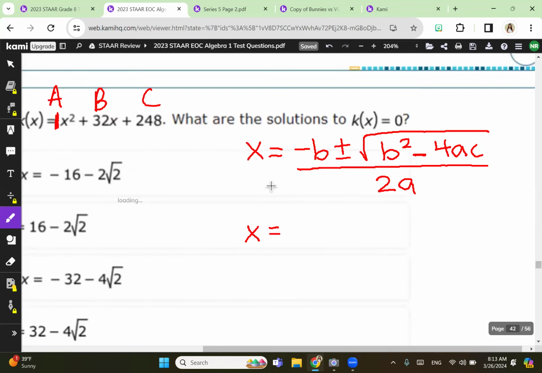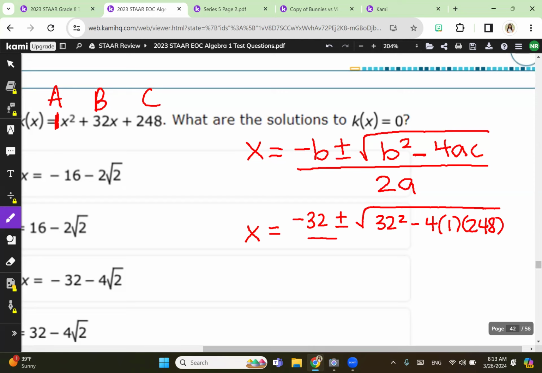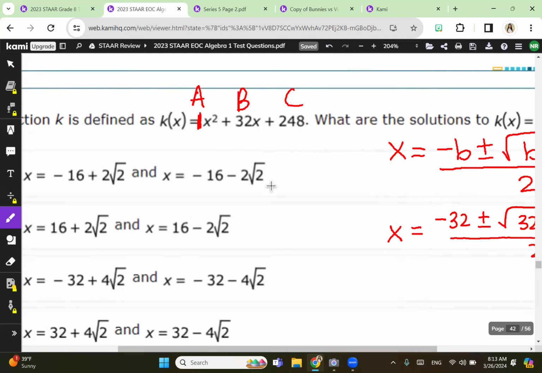All right, so the opposite of B, if B is 32, the opposite would be negative 32, plus, minus. Notice you don't change B squared here, so it's just 32 squared minus 4 times A, which is 1, times C, 248. Everything divided by 2 times A, 2 times 1. So the very first thing, if you look at all of your answer choices, notice you have 2 square root